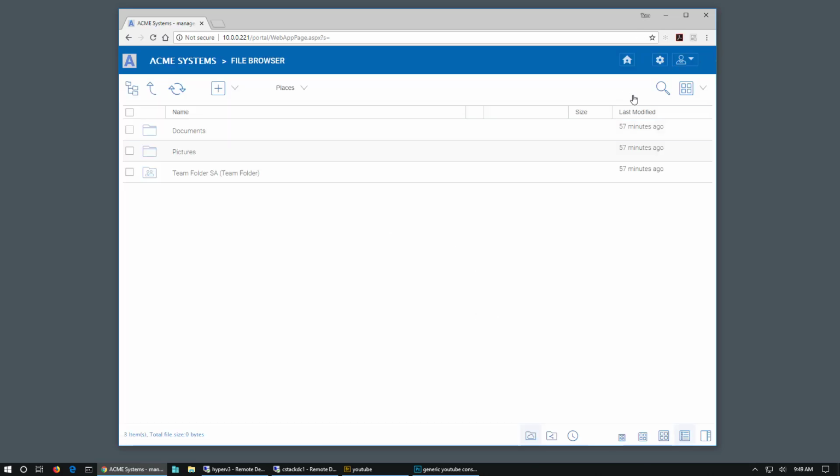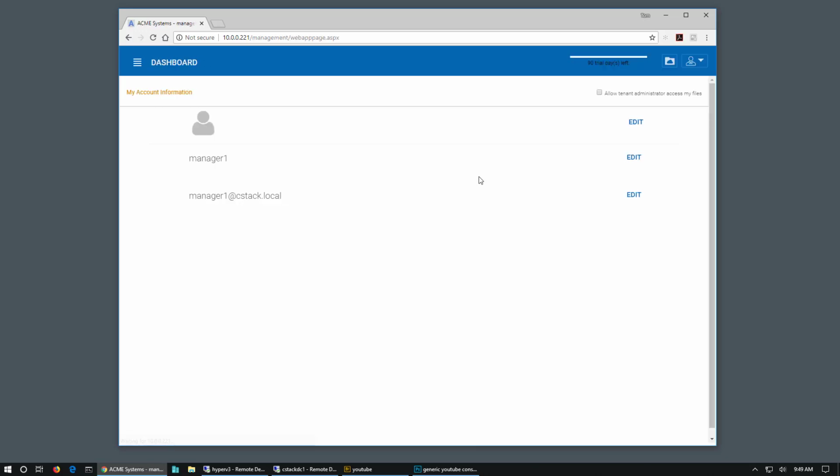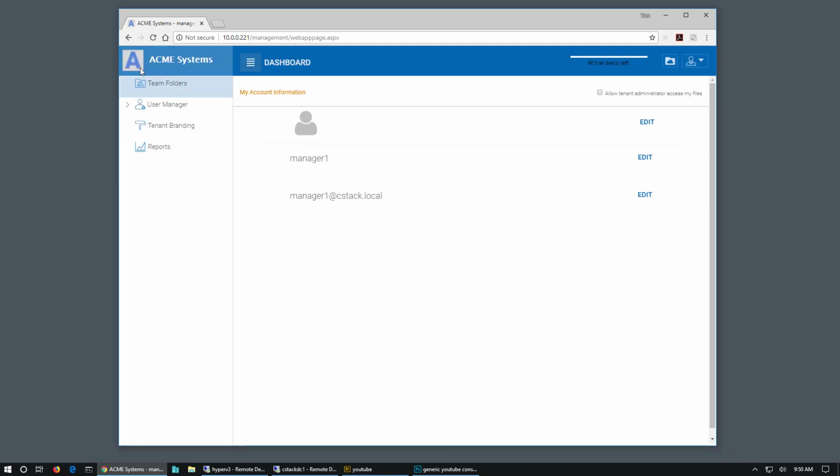You'll notice that extra icon is now missing, and if I go into my settings, I see that all I have is my settings for this user, but I also have this menu here, which I showed you before had nothing on it, and now it has some features which I can access, like the user manager,